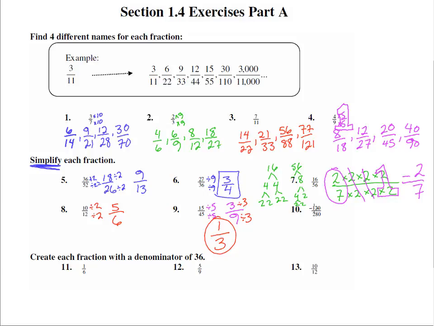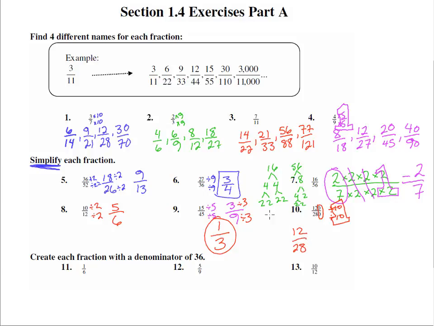Okay, number 10, 120 divided by 280. My goodness, that's quite a hefty problem there. Well, with zeros on the end here, they look like they both are in part of the 10 times tables because 10s just add zeros. So divide by 10 on the top and the bottom. And again, you're not changing the number. You're just dividing by the number 1, which doesn't change a thing. So if we divide by 10, we get